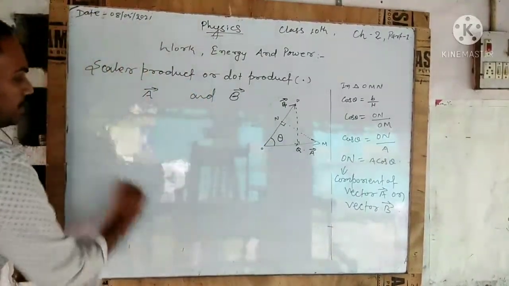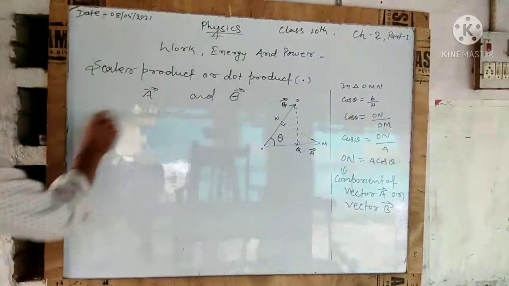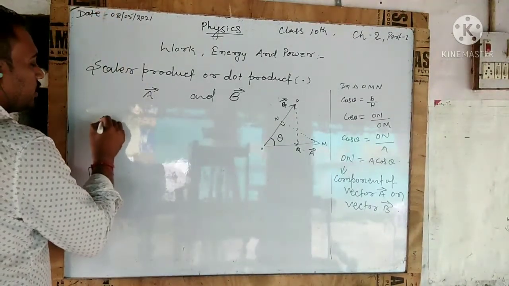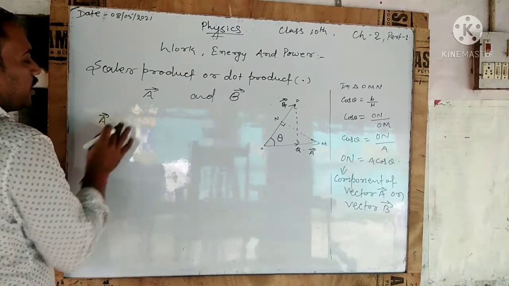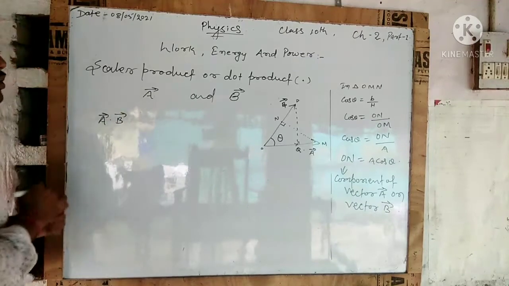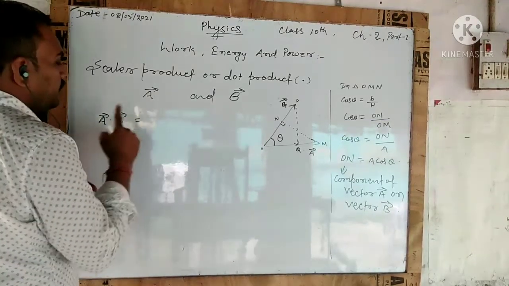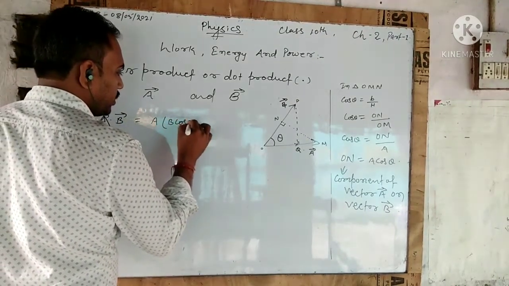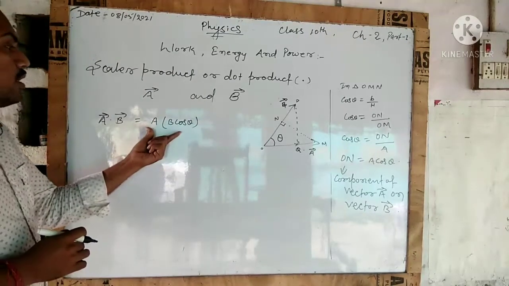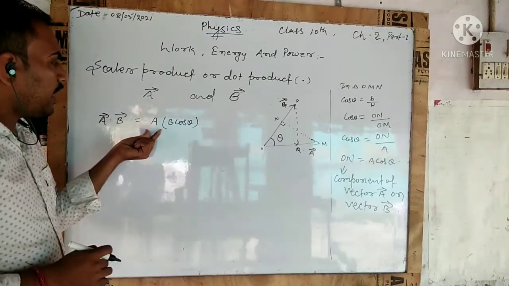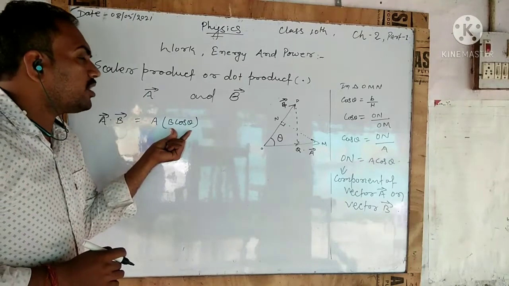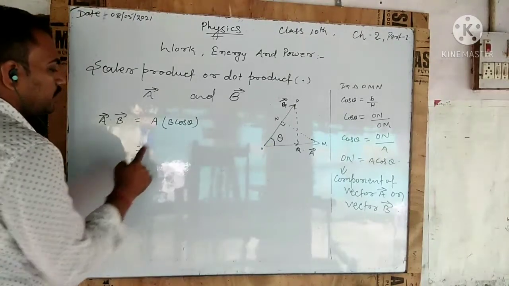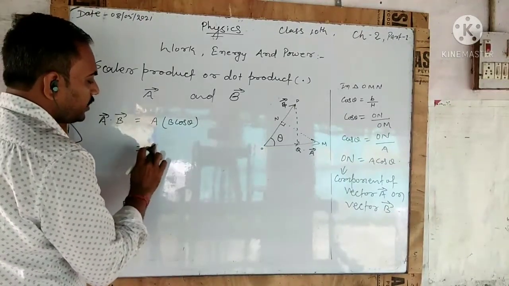Another definition of the dot product or scalar product is that a dot b equals a b cos theta. What is this? It is the product of the magnitude of vector a with the component of vector b. Okay, a dot b is a product of the magnitude of